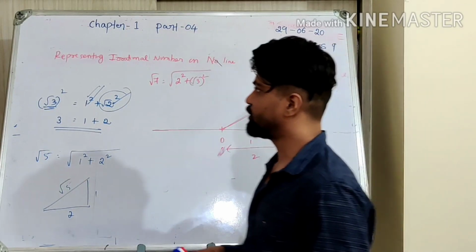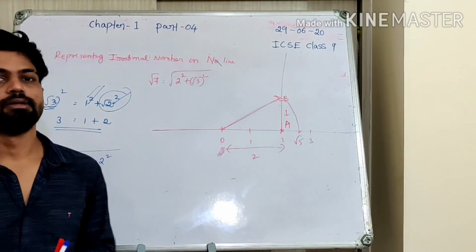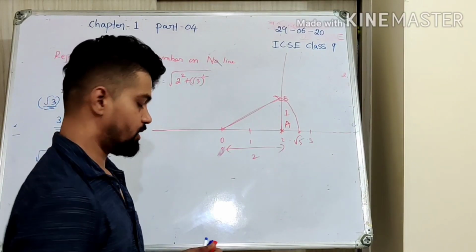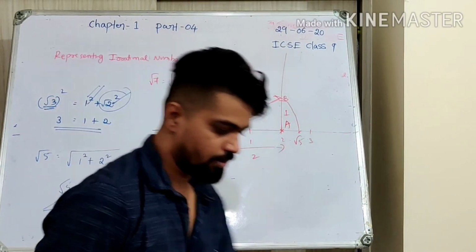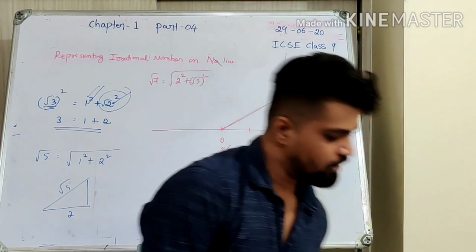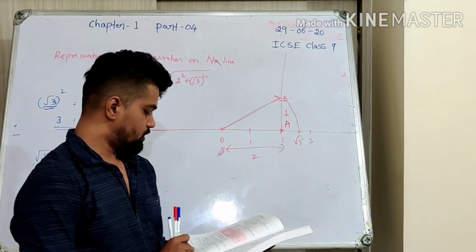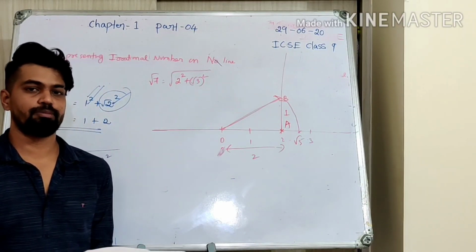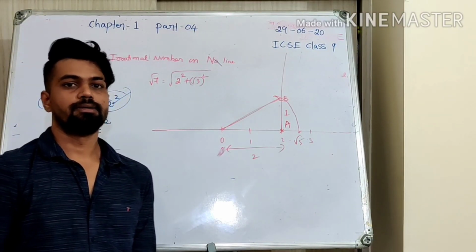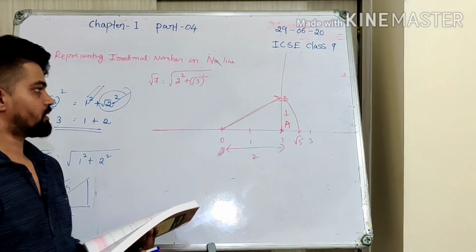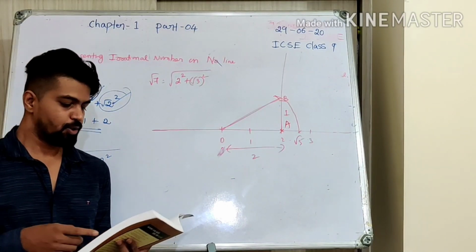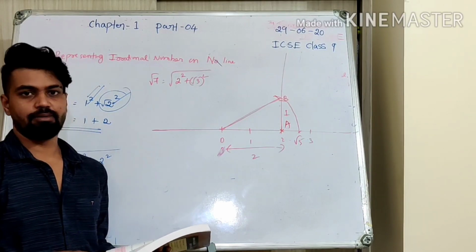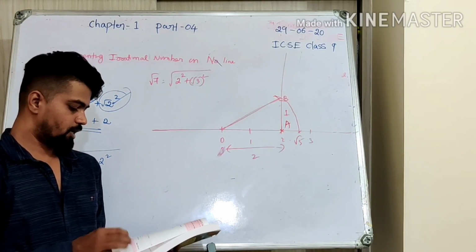So that's all about today's class. We have learned now how to represent rational and irrational numbers. Tomorrow's class, next video, I'll be dealing with operations on these rational and irrational numbers, and then we'll be talking about proofs, which are going to be very important questions. So proofs of irrationalities, for only 3 numbers: root 2, root 3 and root 5. There are 2 methods, one normal method and one alternative method. We'll be doing it.